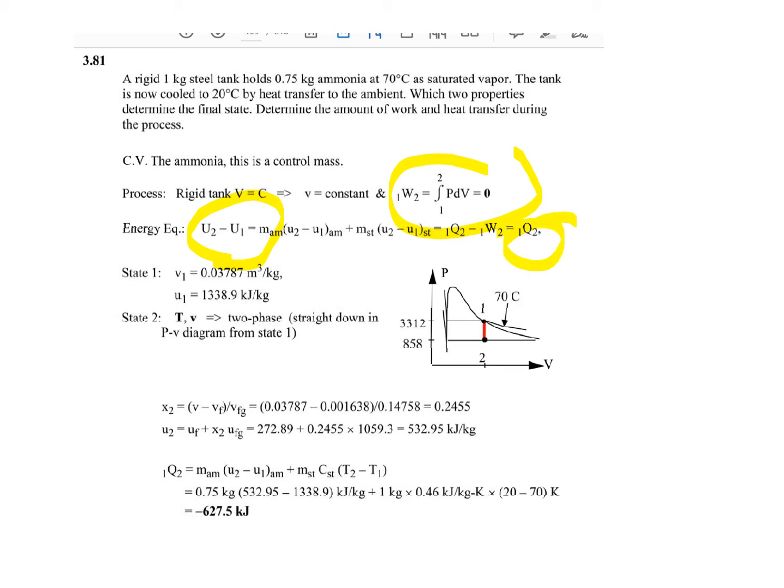So using the information of saturated vapor at 70 degrees centigrade, we go to 70 degrees centigrade in the saturated tables for ammonia, and we note down the Vg, which is the specific volume of the system at the current state. Similarly, the Ug written in front of 70 degrees centigrade in the saturated ammonia table will be our internal energy at state 1. We know it is saturated vapors.